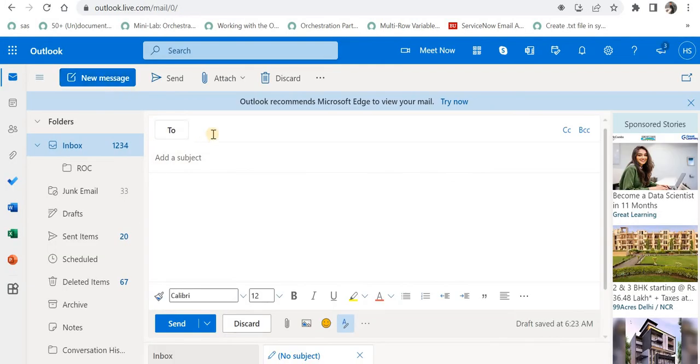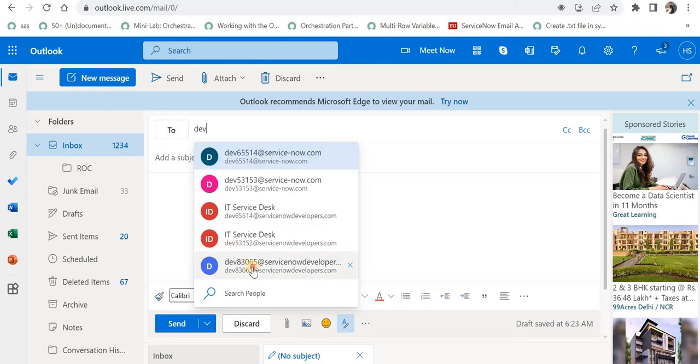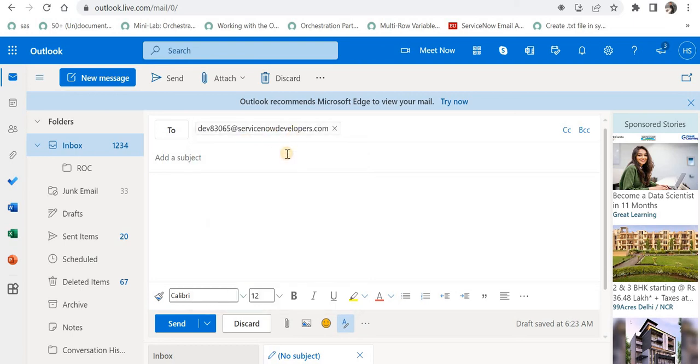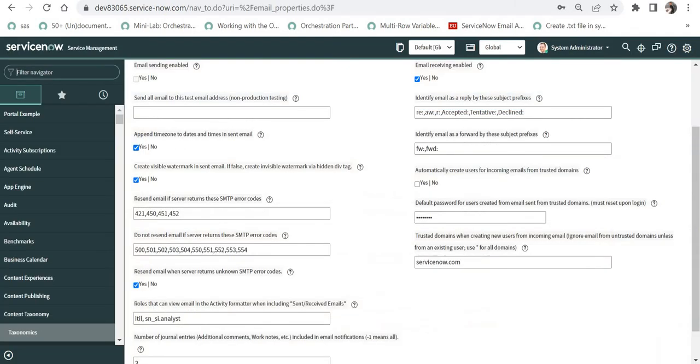I'm in my Outlook and I will give the email ID of my ServiceNow instance, and here I will say my laptop is not working since today. Okay, and then I can maybe say in the body, a blue screen is coming up every time I switch it on. Okay, and I will send this email now, and as soon as I send this, I will go to my